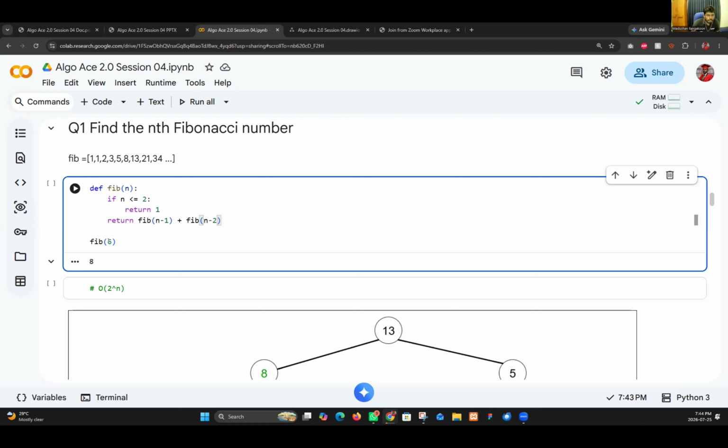For example, in the chat, give me a number so we can find out what the Fibonacci number is, like first, third, but don't go for very high numbers. Can someone type in the chat? Yes, I got it.